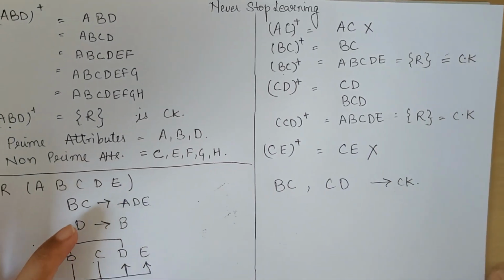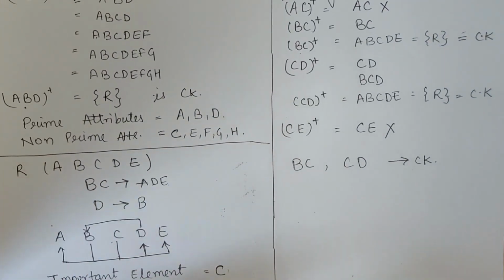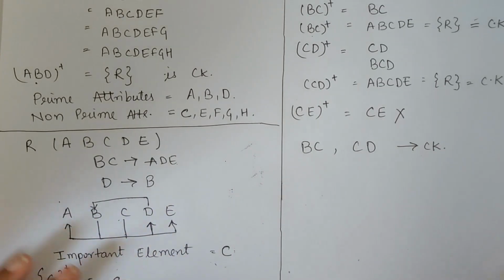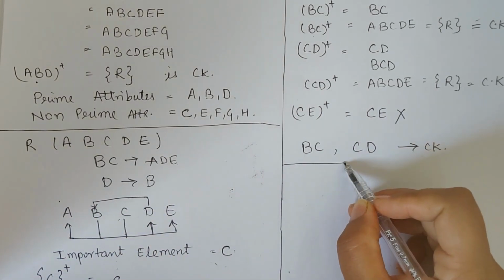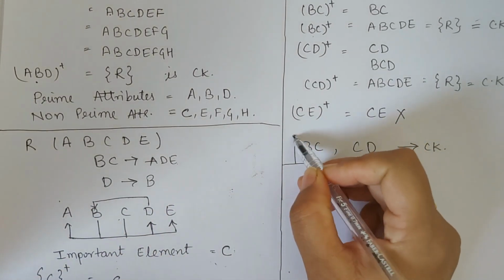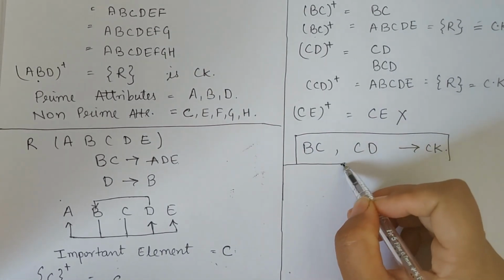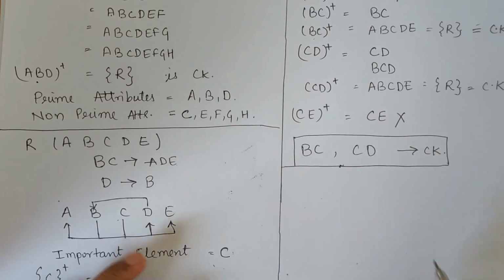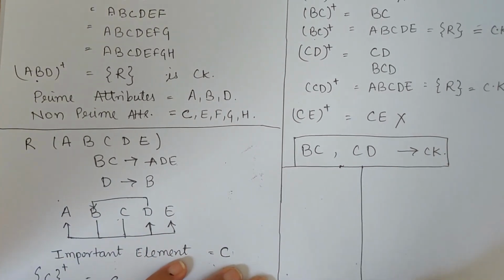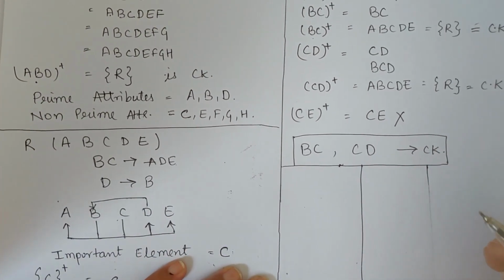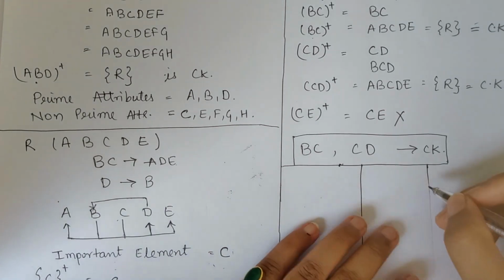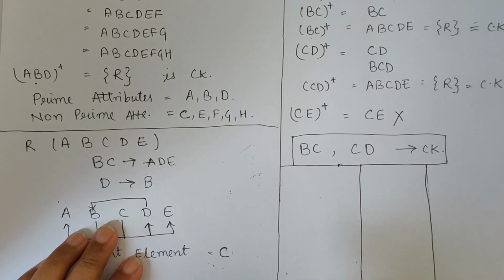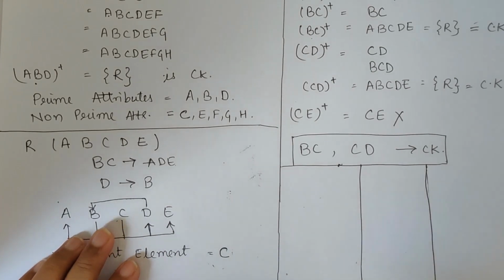Now another thing, right now we have tried only combinations of 2. We have to try combinations of 3 also, the conventional way, right? So for now I already got 2 candidate keys. Now I will try combinations of 3 with C. So let me do it like this and we will solve.